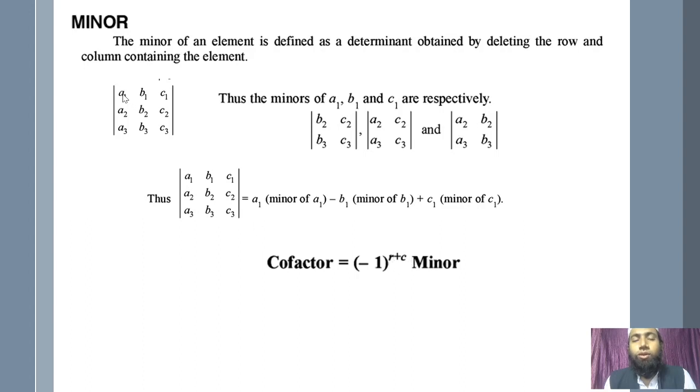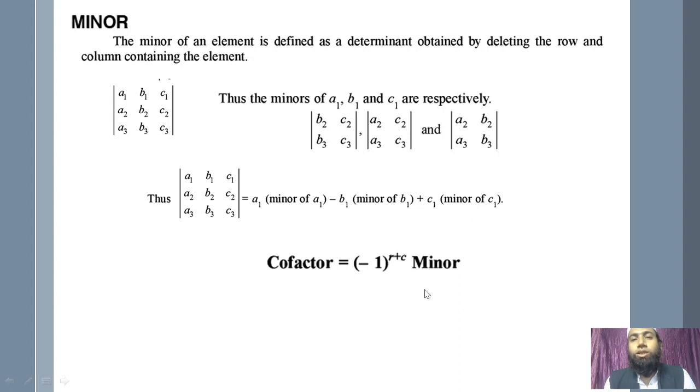तो जो column में वो element present है और जो row में वो element present है उसको add कर देना है. जैसे 1 प्लस 1, a1 के लिए क्या आ जाएगा? 1 plus 1, that is minus 1 raised to 1 plus 1, so minus 1 squared. Likewise for b1, this is what? In the first row and second column. So this will be what? 1 plus value of column 2. So this is minus 1 raised to 3.